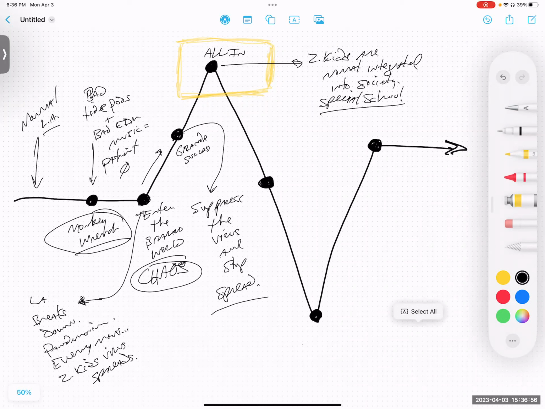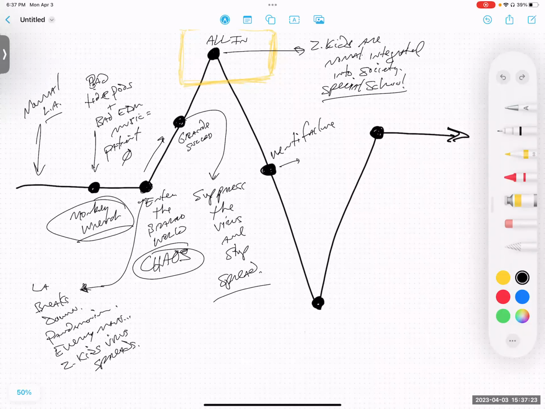then we get to venti failure. Okay, so if you guys know Starbucks, so if we have Grande over here, right? Venti is bigger than Grande, right? So as big as a win this is in Grande success, Venti failure needs to be even a bigger failure. It needs to be a tragedy in your world, right? So let's say all of a sudden the virus mutates. Okay, virus mutates, and now we have, I don't know, bad idea, but let's go like super zombie kids,